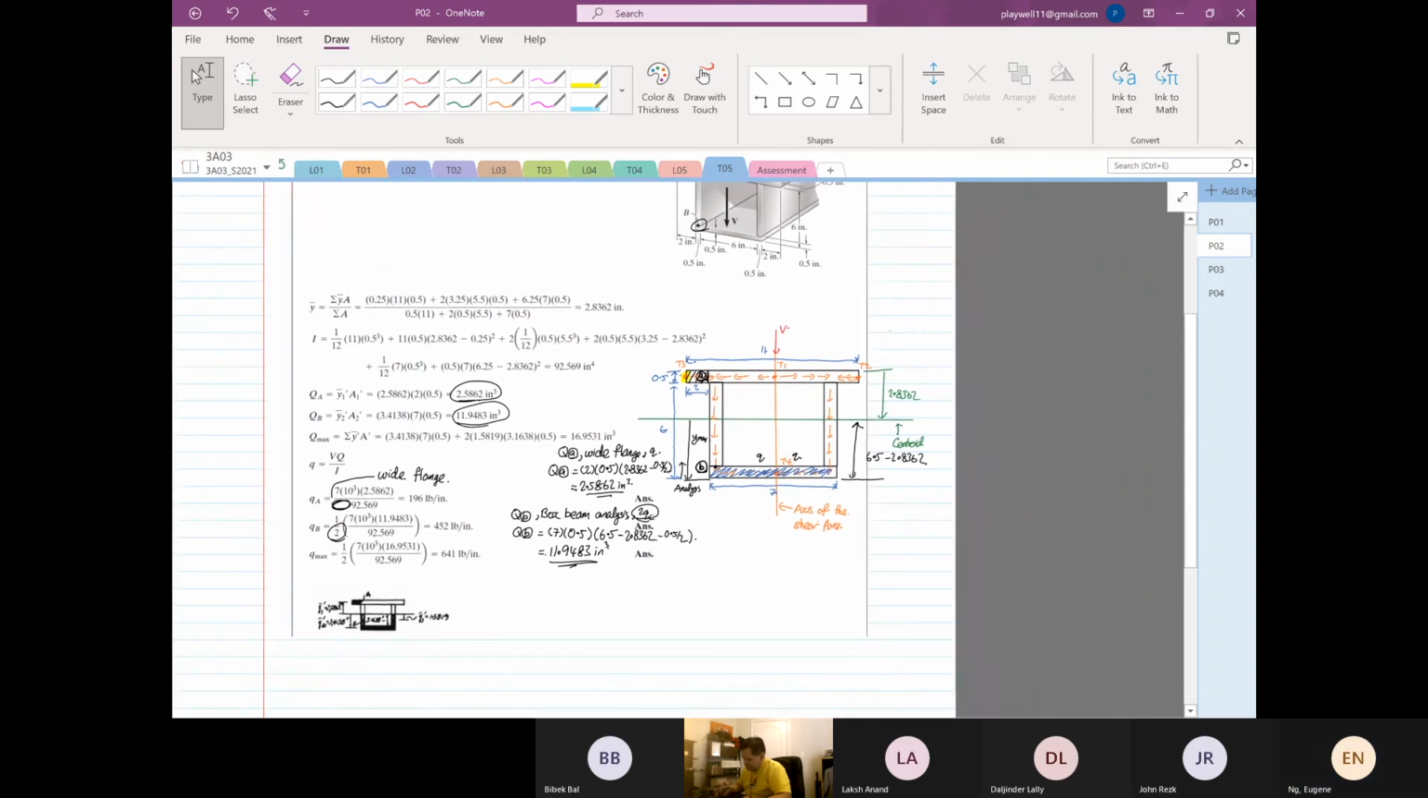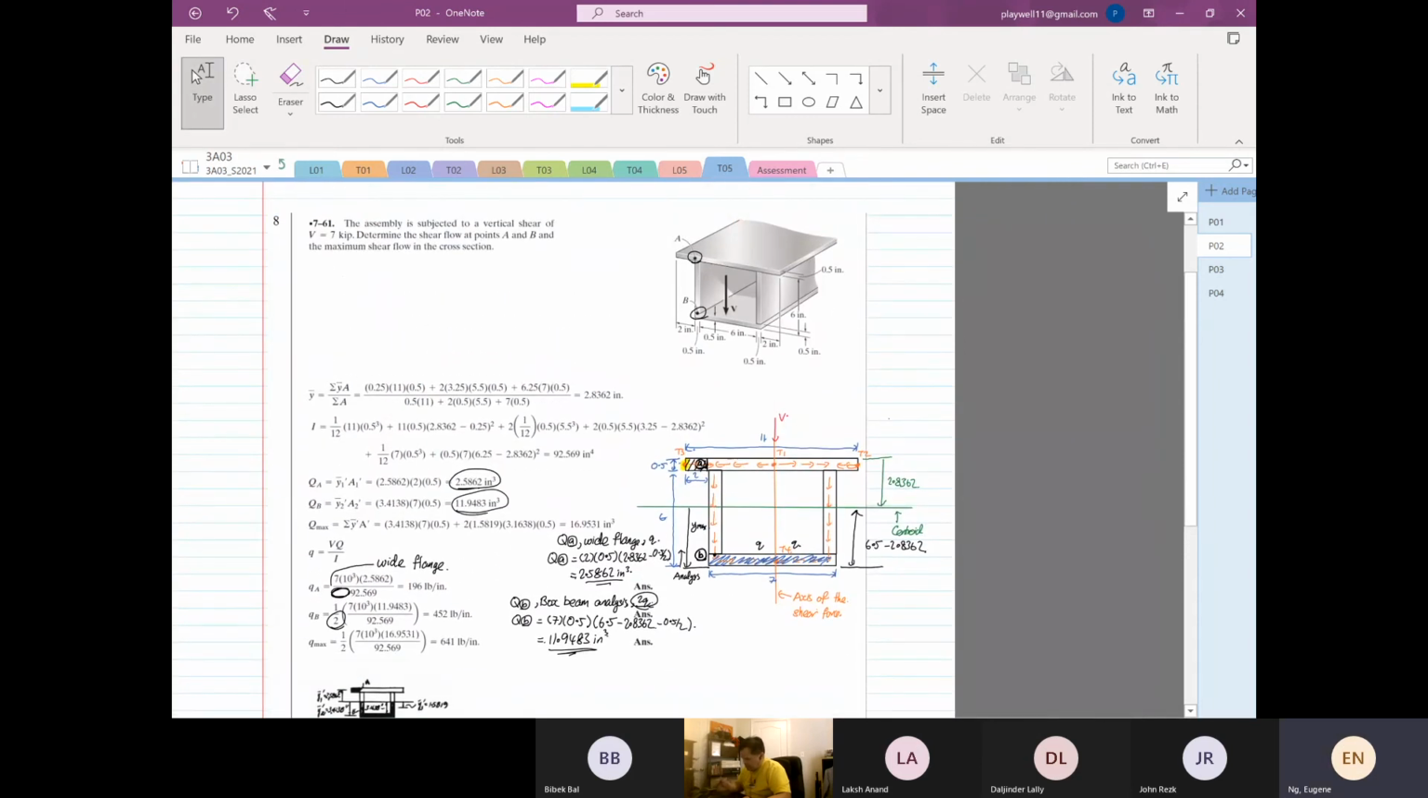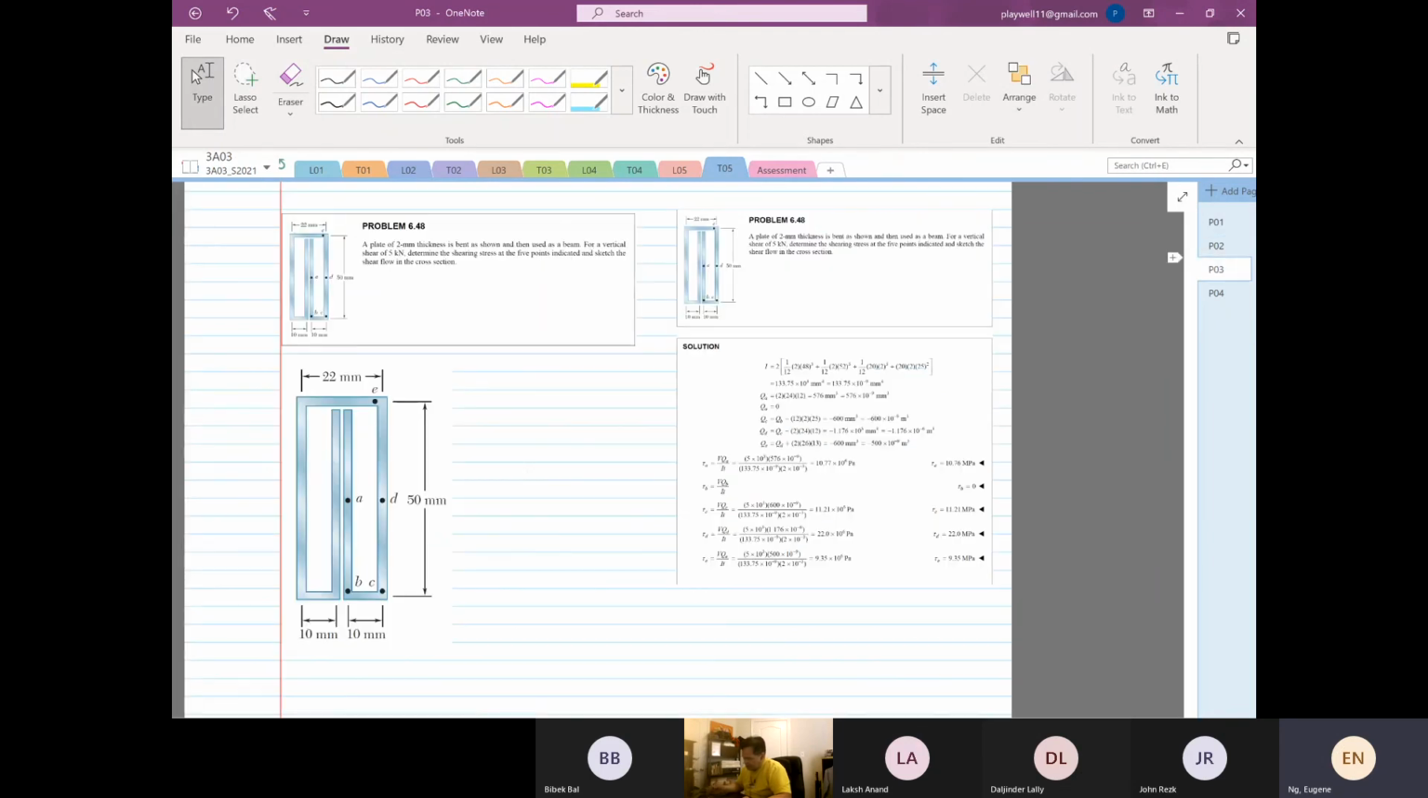I hope this makes it clear for you how to find the first moment of area. Now, the next one. Okay, now this question is the most confusing. Okay, the most confusing in the sense that